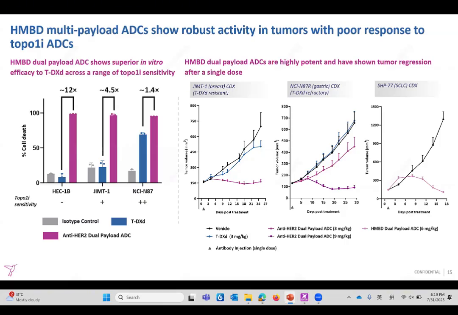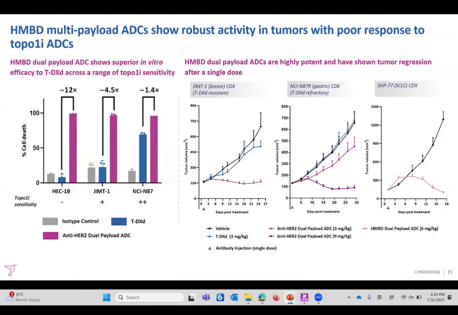So on the left, we screened our dual payload ADC in a range of cell lines with different sensitivity levels to the topo 1 mode of action. And not only can we see greater overall inhibition of cell growth, but that vast difference, especially on a low sensitivity cell line, between a single topo 1 isomerase payload and our dual